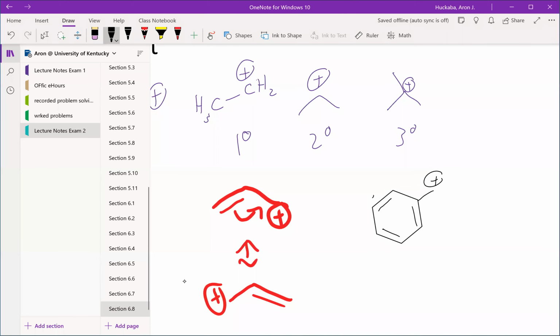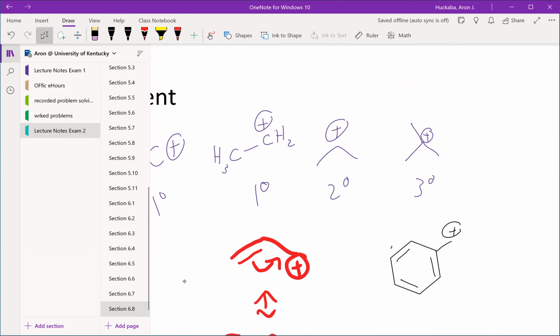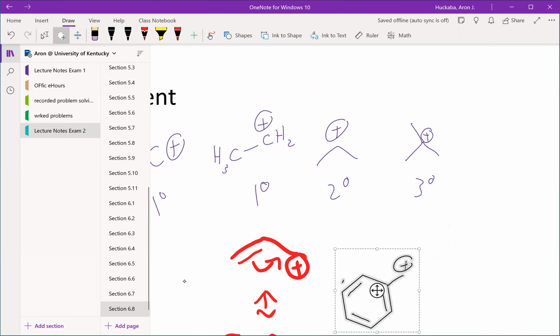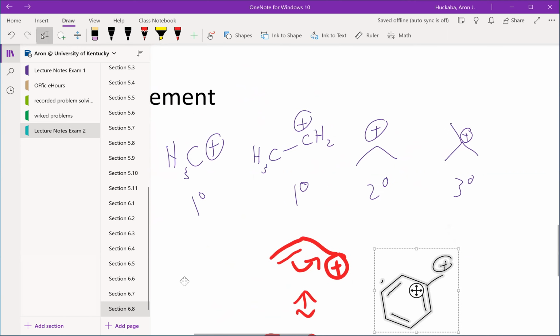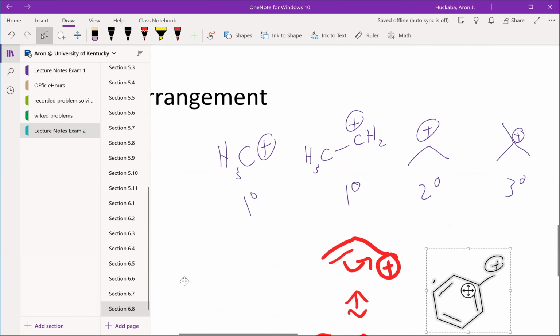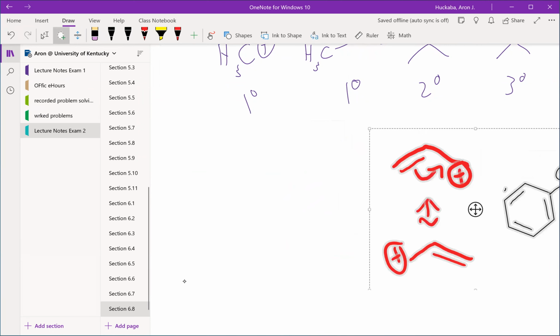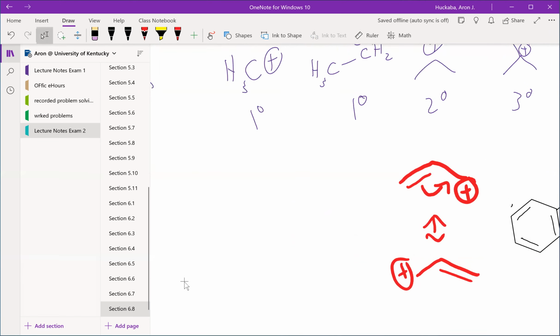So the resonance argument makes sense because it's something that we talked about before. But the previous one, the one we were just talking about, where going from primary to secondary to tertiary increases stability, is a little more difficult to grasp, right? Because we haven't really talked about that very much. And it's rooted in this kind of weird phenomenon called hyperconjugation, where